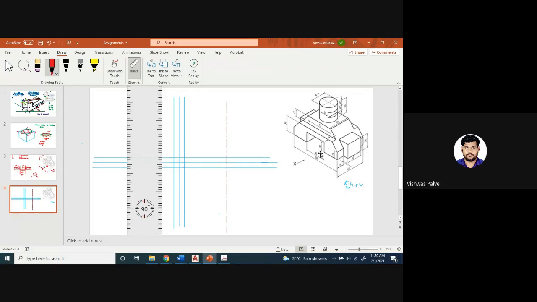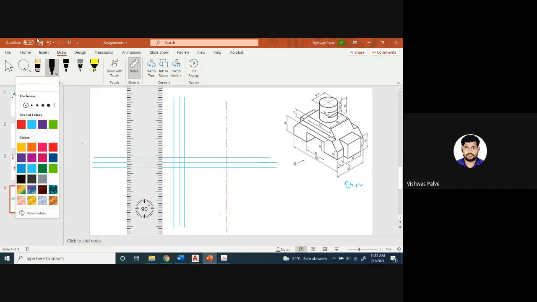Now, as the center line I have drawn, I have left 60 millimeter on the left side, then 60 millimeter on the right side. So this is the geometric center of that question. Okay, so let us start with this. 40 millimeter is there from the center. You can see the slot. First I will draw this slot, okay, of 40 millimeter and height of 20 millimeter. So 20 millimeter height and 40 millimeter means on the left side of the center line 20 millimeter, right side on the center line 20 millimeter, and I can draw this slot.